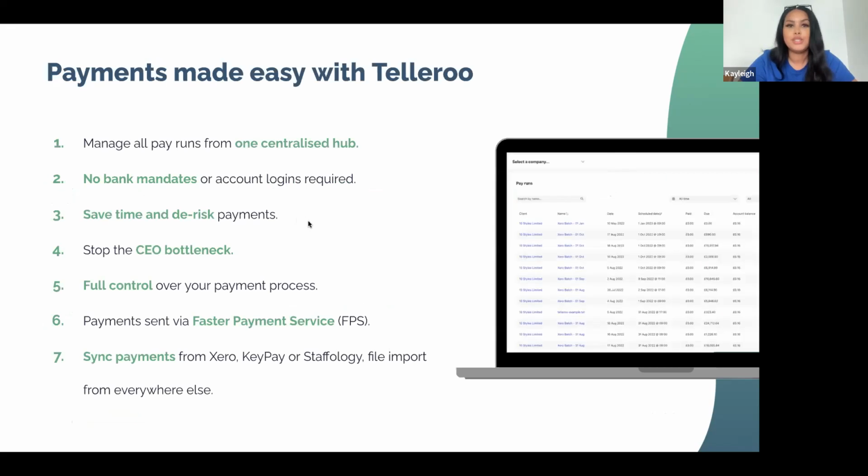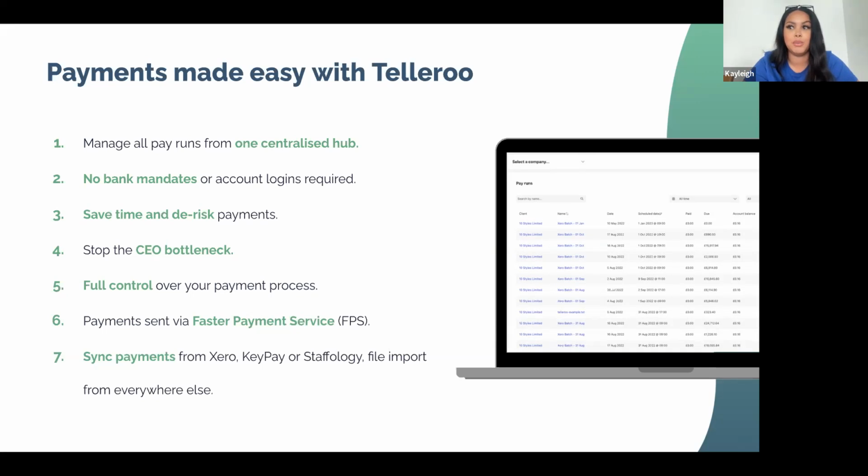Thank you. So thinking about what we've been up to then and how we're making those payments easier, it's really around bringing everything into one centralized hub. So instead of having a spreadsheet of what payments you need to make and then having bank details stored somewhere else and then typing them in, it's around bringing all of that into one place. So you're not reliant on bank mandates and trying to get your accountant added to very little success a lot of the time with the amount of bank branches that are being closed down. No numerous logins, codes, card readers, as I mentioned,